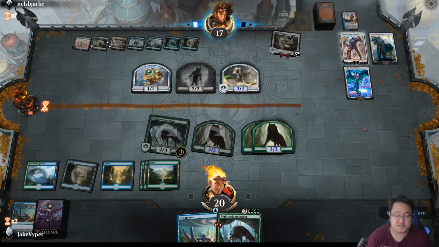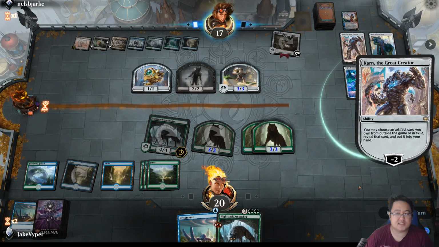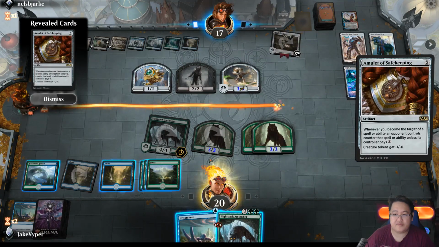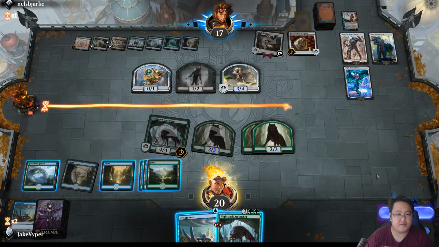Now we need a counter spell of some sort. Sinister Sabotage would be nice. What is this? What is he getting? I don't know. Probably a board wipe card. Whenever you become the target of a spell or ability an opponent controls, my tokens become less. Okay. So that weakens my...